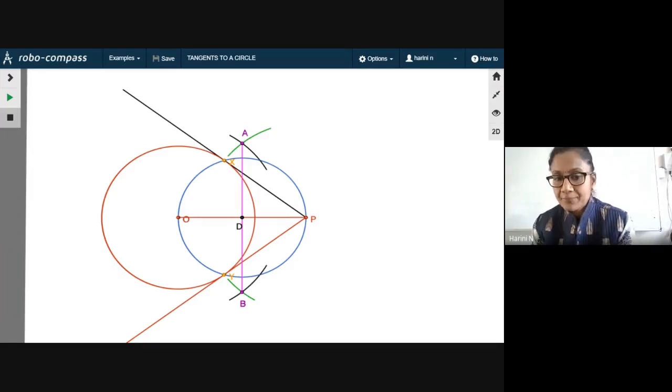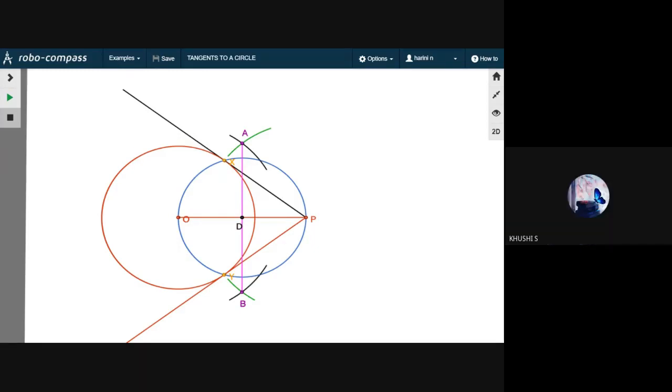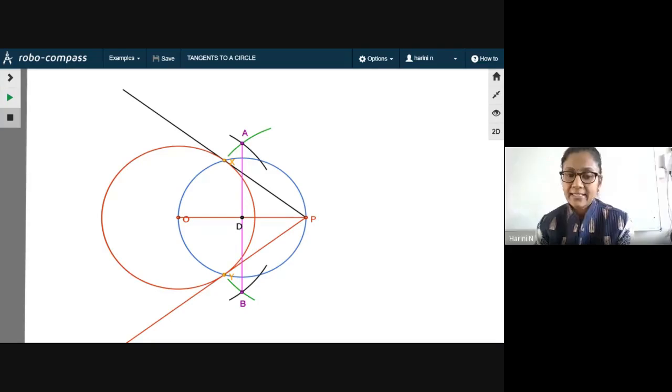Next step. What was the next step after you have got the points of intersection as X and Y? Join PX and PY. Why did I extend it? Because I want to show it is touching the circle and moving out. It is not moving into the circle. So always this extension is required. Just put an arrowhead here on both PX and PY. The length of the tangent is only PX and PY. We are just extending it to show that it is only touching the circle at one point, not more than one point. Only then it can be called a tangent.